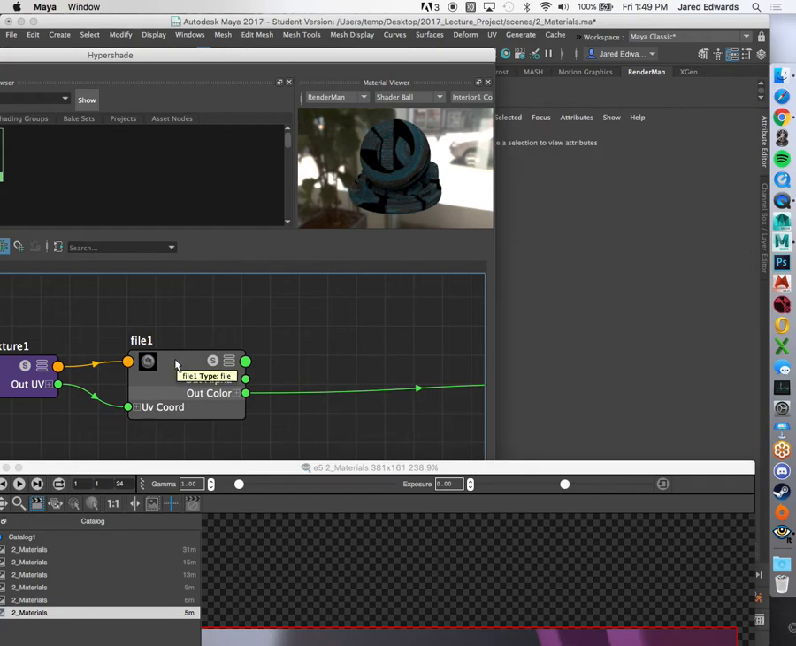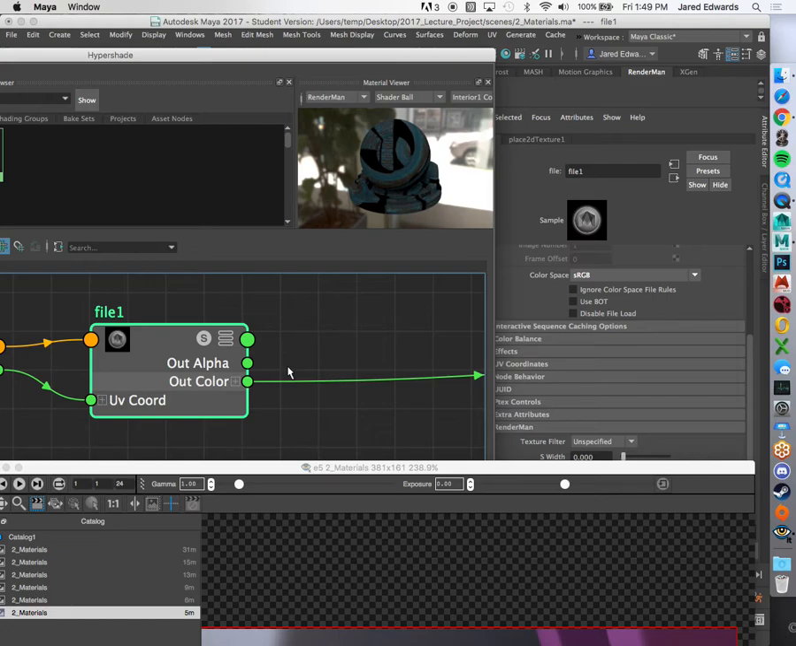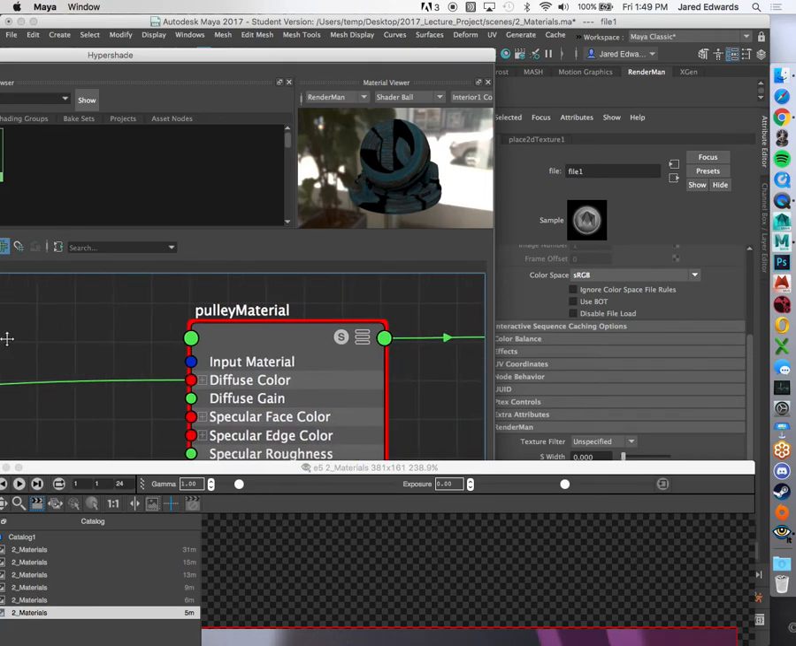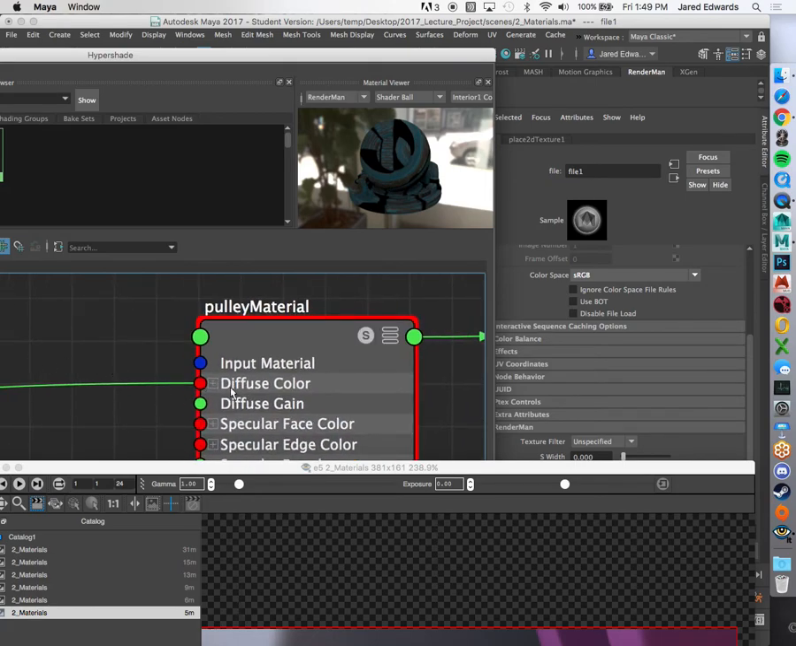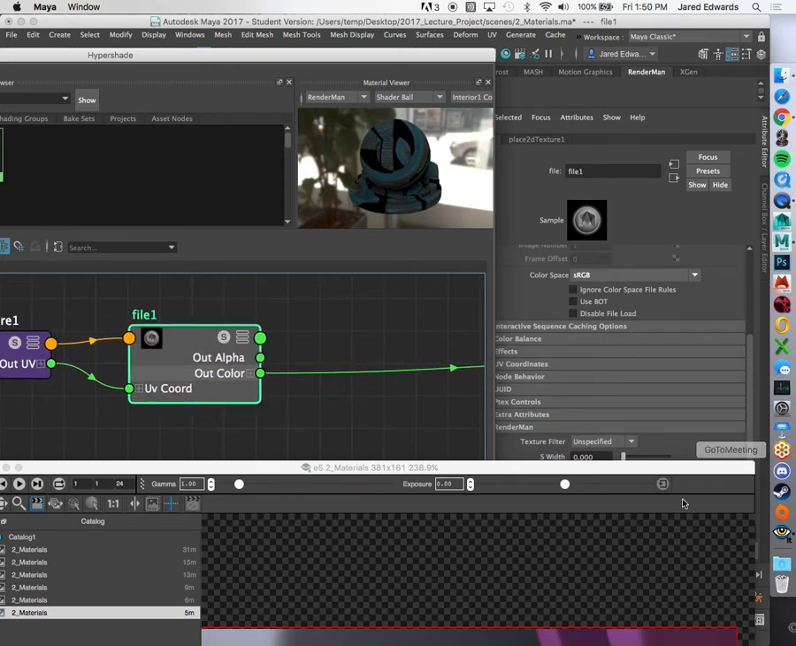Your other option is if you go to the file node, see how the file node is showing this little out color, like a green line? It's taking the color from the file, and if you follow it, look where it's going into. Diffuse color in the material. That's where we connected it. But if you go to the file node,